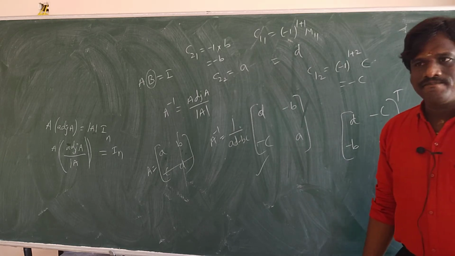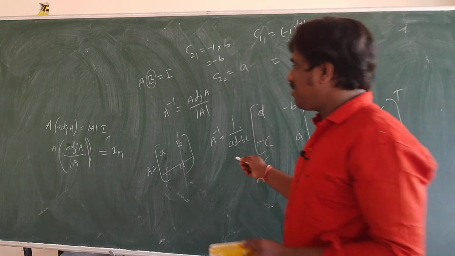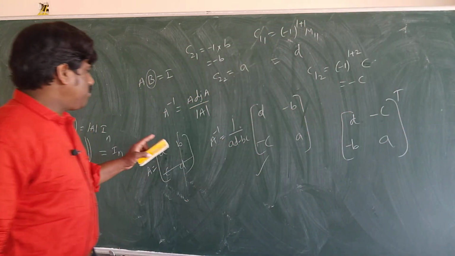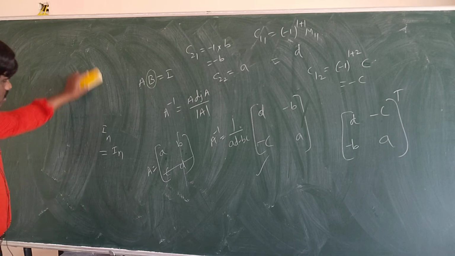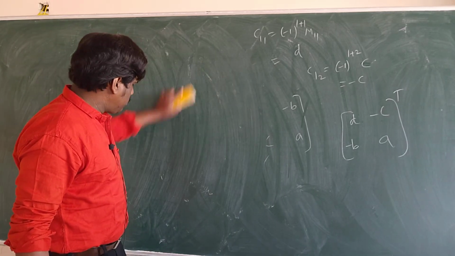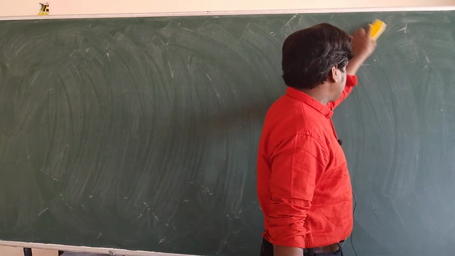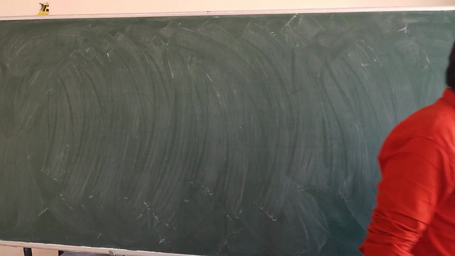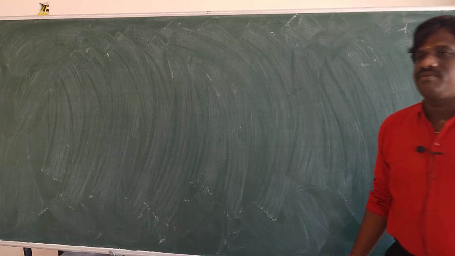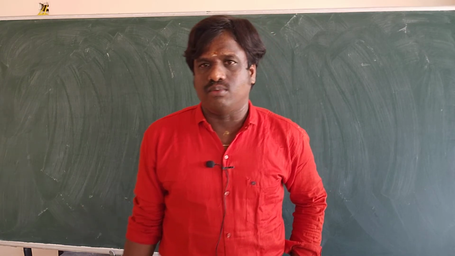Clear? Picture clear? So 3 by 3 also we do the same. What is the formula we use? We use the formula A inverse is equal to adjoint of A by determinant of A. I will explain one question, because already we have done this. Then after, there are two methods to find inverse. One is elementary transformation method and one is cofactor method. You have both the methods.